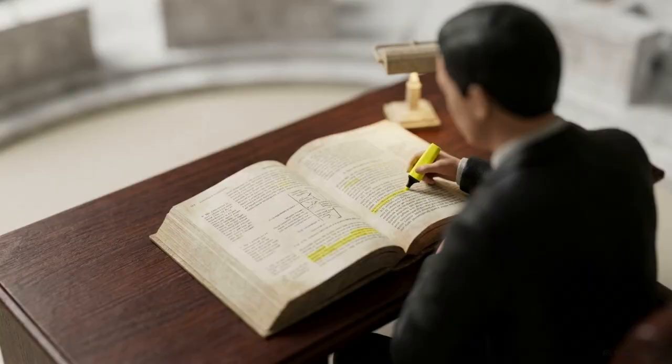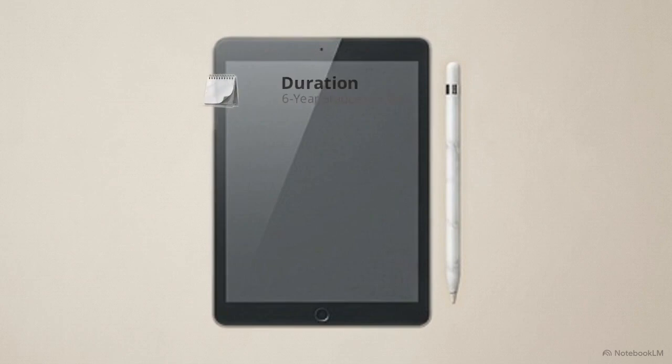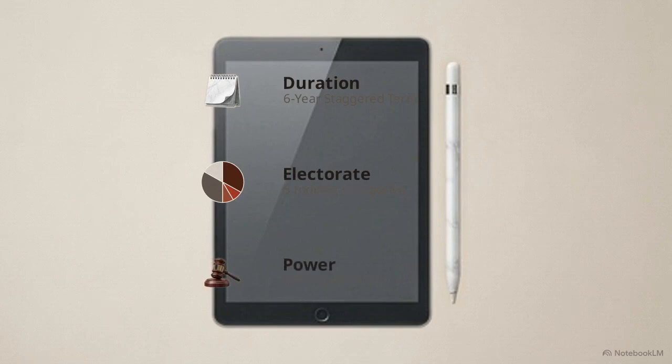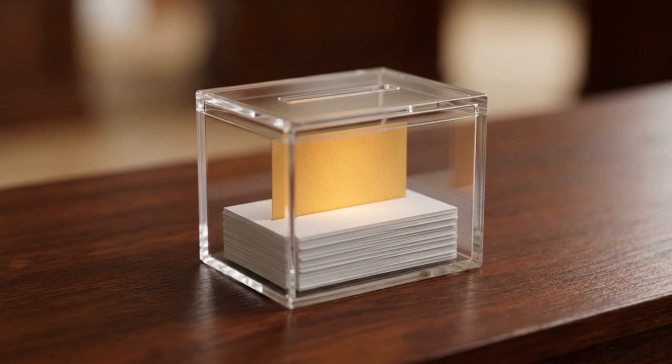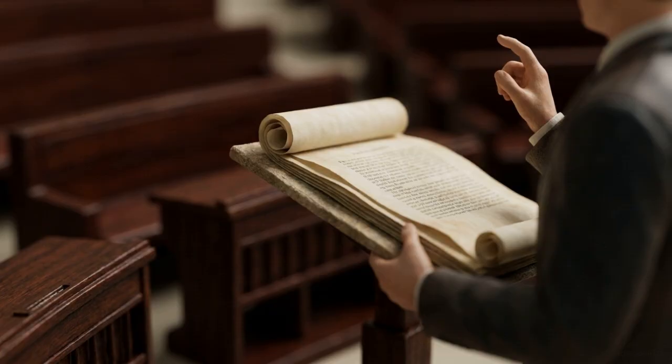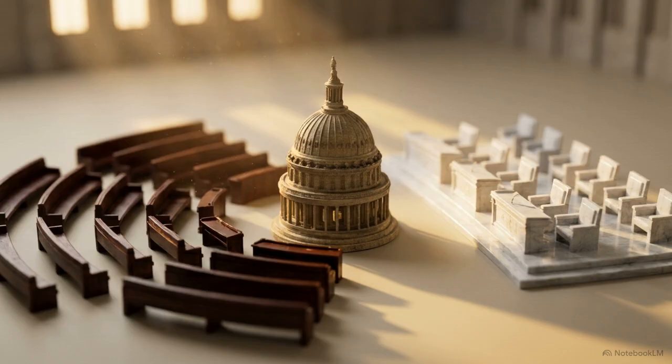If you are an exam aspirant, memorize the MLC's strict limitations. They have a 6-year staggered term, 5 indirect electoral categories, and their powers are strictly advisory with no absolute veto. For engaged voters, if you are a registered graduate or teacher, you possess a dedicated pathway to shape this upper house. Your influence extends beyond just voting for your local MLA. Ultimately, do not dismiss MLCs just because they lack a veto. In a functioning democracy, the institutional power to question, review, and delay is just as vital as the power to